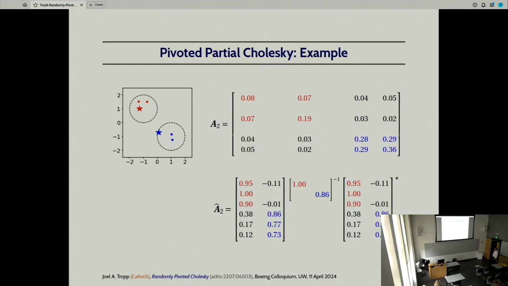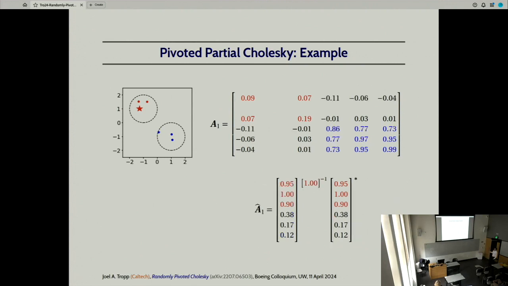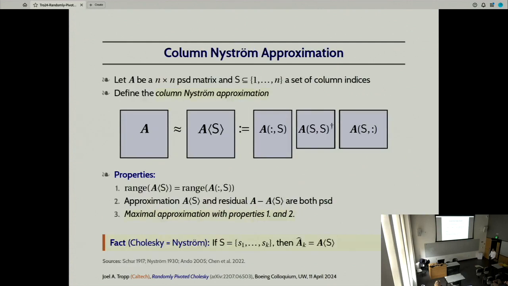Okay, so in summary, Cholesky's method with pivoting can be used to approximate a matrix. We don't have to run it all the way for it to do something useful. And the diagonal entries of the matrix provide us some evidence about what remains to do. So you can see here after the first step that these entries are still quite big, which warns us that we have some work to accomplish. All right, so you might wonder now, what kind of approximation do we reproduce by this process?